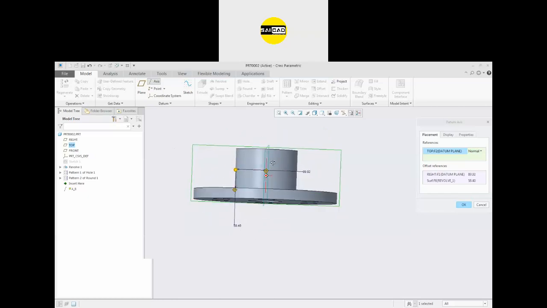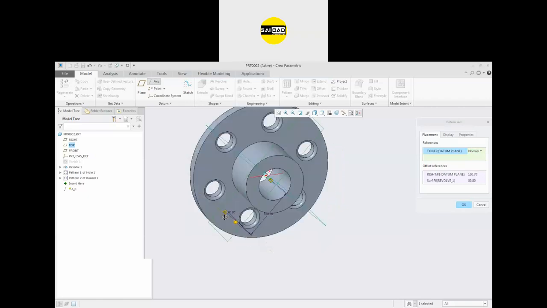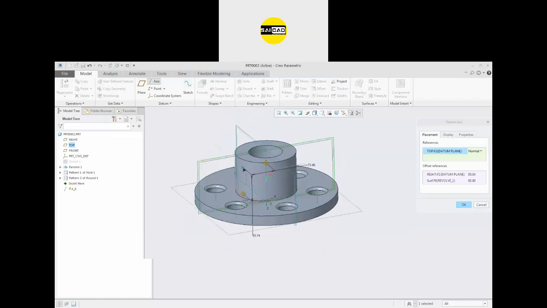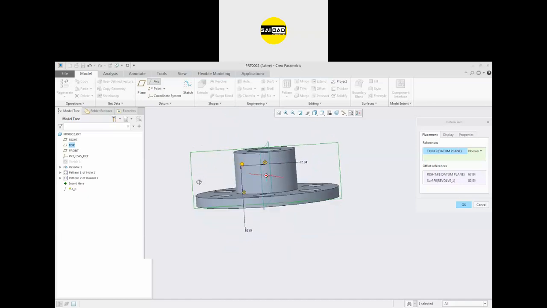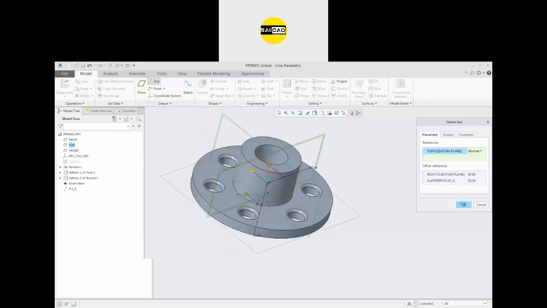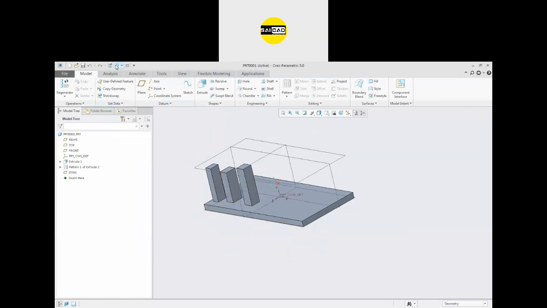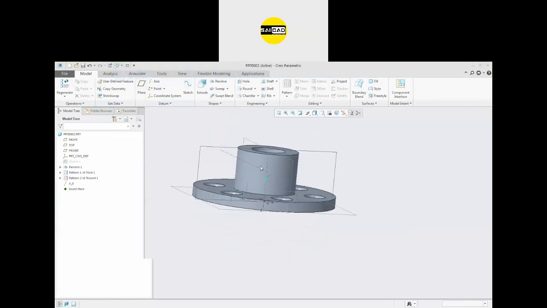If you go to this view, you can see the axis can be anywhere. You have to just define the location, and the axis will be created. I want that axis to be somewhere here. Click OK, and the axis can be created like that.